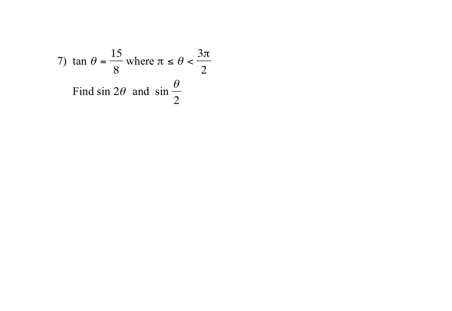For question 7, find the sine of 2 theta. So the sine of 2 theta is equal to 2 sine theta cosine theta. Now we know the tangent of theta rather. So from that, we need to determine what sine and cosine of theta are. So if tangent of theta is equal to 15/18, then